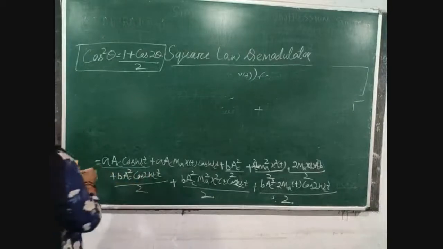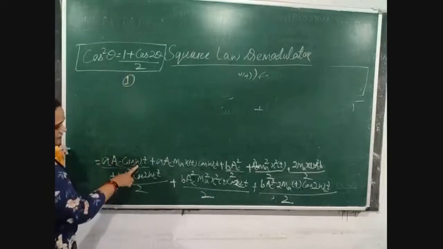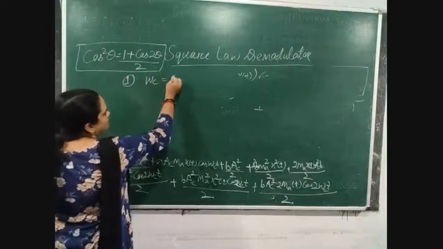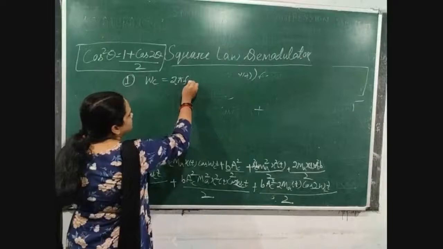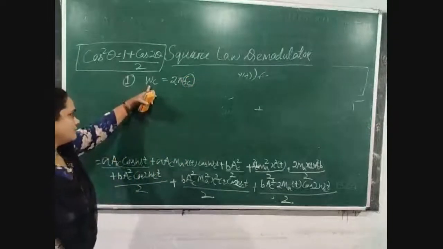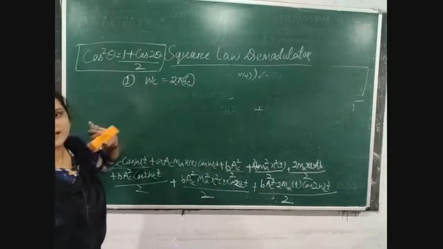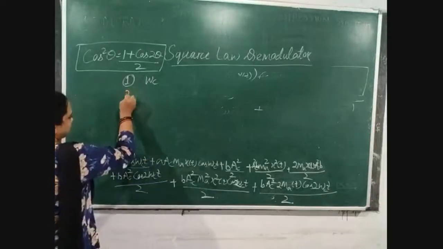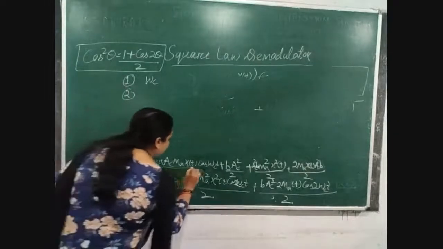Okay, from the first term we get the frequency value omega c. This is also, we can write it like 2 pi fc, means frequency value is fc, means we can write it as omega c, or we can also write it as fc. So first term is omega c. Second, this one is the second term.